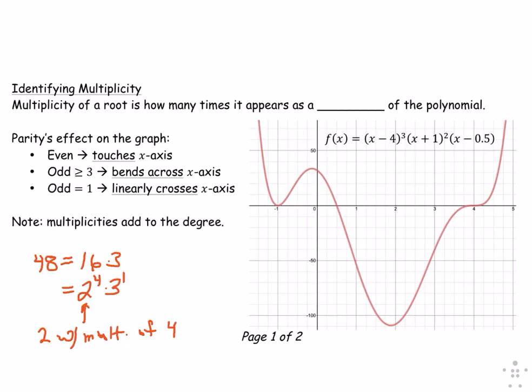And then I would say 3 with multiplicity of 1. Kind of using quotes so I don't have to rewrite that. That will translate in the same way to polynomials and their factors. So the multiplicity of a root is how many times it appears as a factor